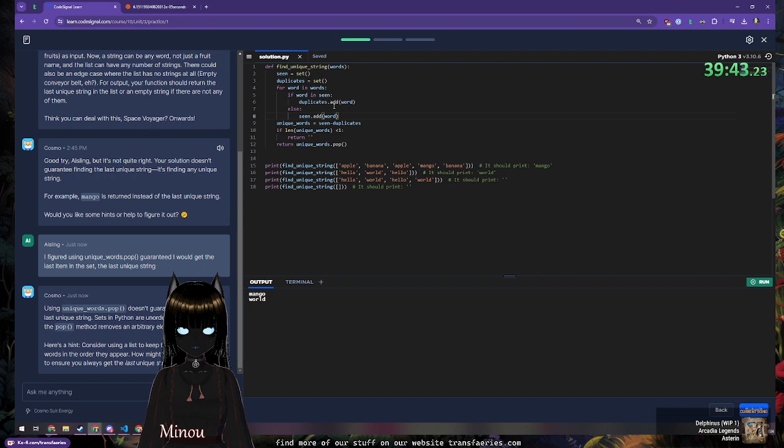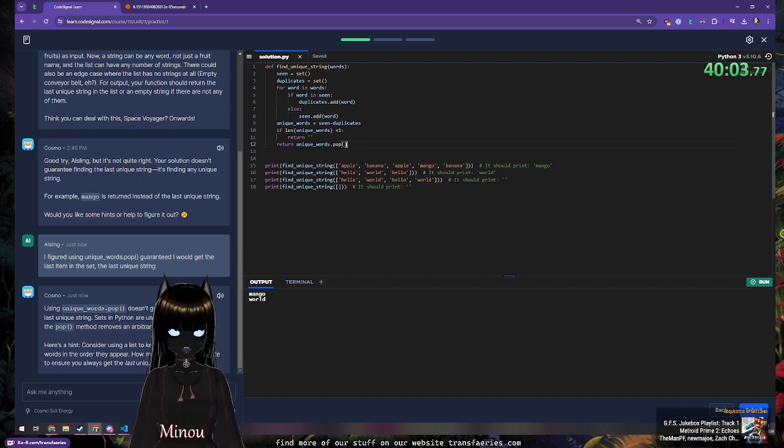But sets are unordered collections. So, but at this point, even though I've identified a duplicate, I don't actually know what the unique words are. So the best I can do is